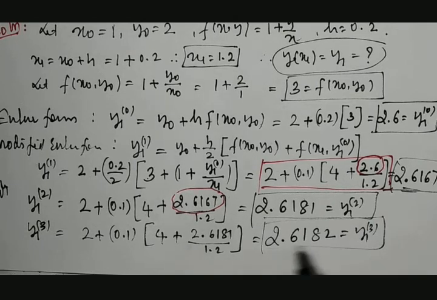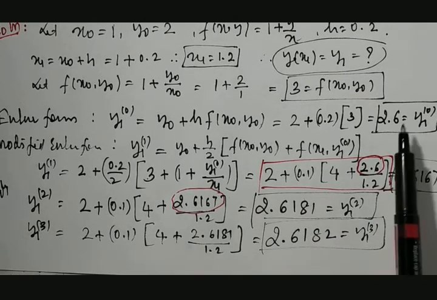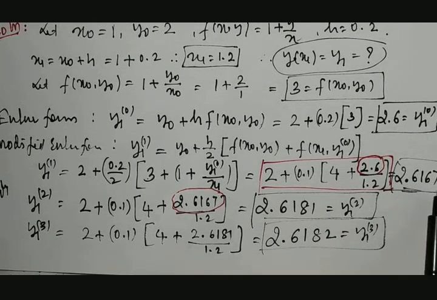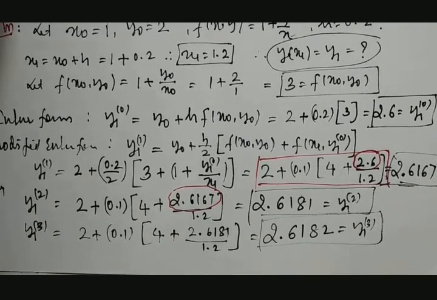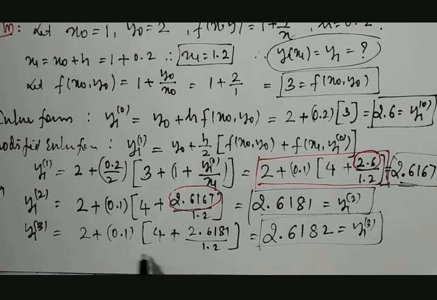When we obtain the results, we can see 2.6, 2.6167, then 2.6181, then 2.6182. If we compare, it is a difference of 0.0001. So it can be concluded. After getting 3 iterations, you can conclude, or else if you get the minimum difference, you can conclude. Therefore,